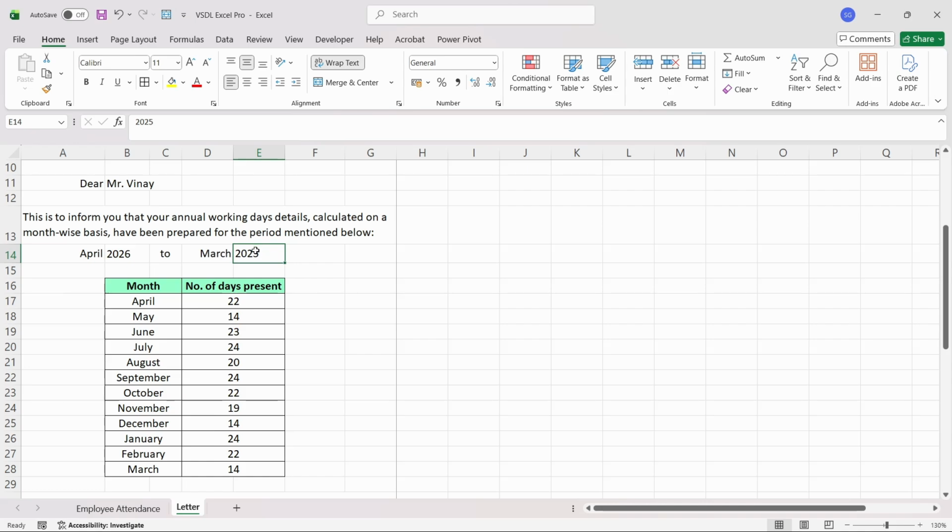Closing year, I don't need to go to the per sheet. The same sheet itself I can apply the formula. How can we do this? Just click the equal in the cell, select the year 2026 and plus 1. So next in the table, number of days present. This data we have to take from the employee attendance sheet. So how can we do? Just clicking the equal symbol